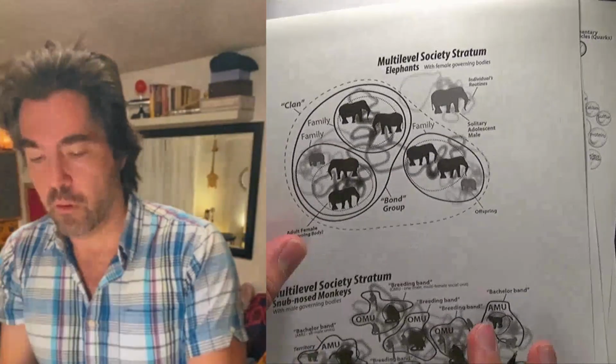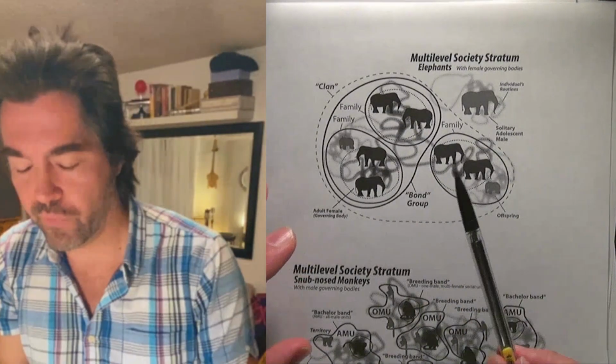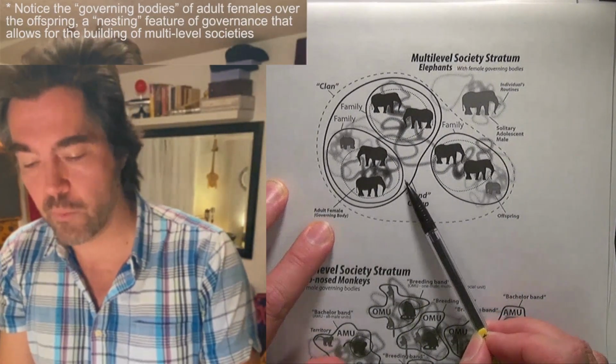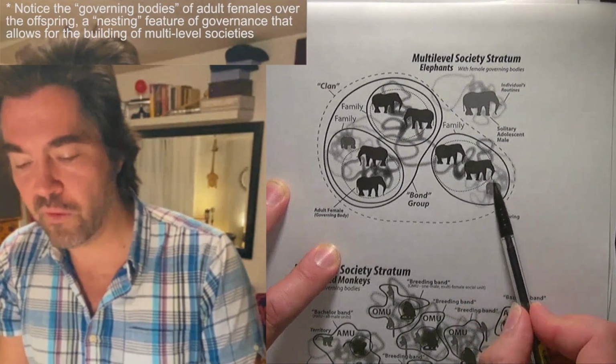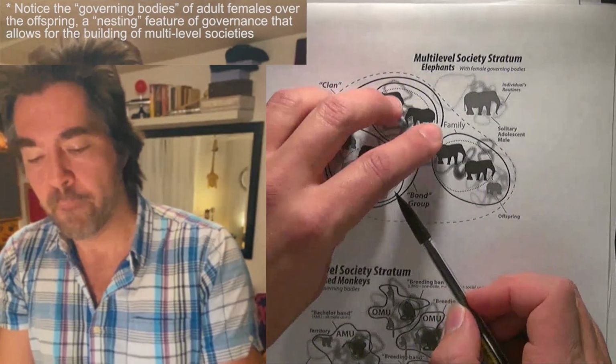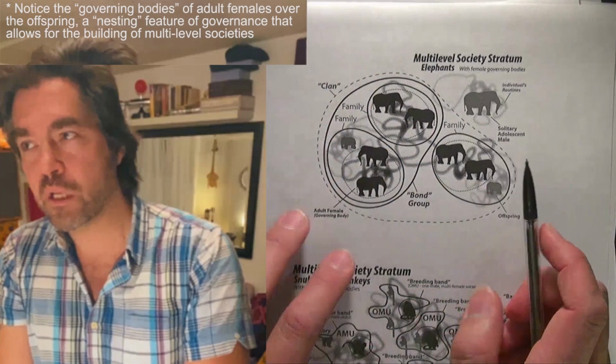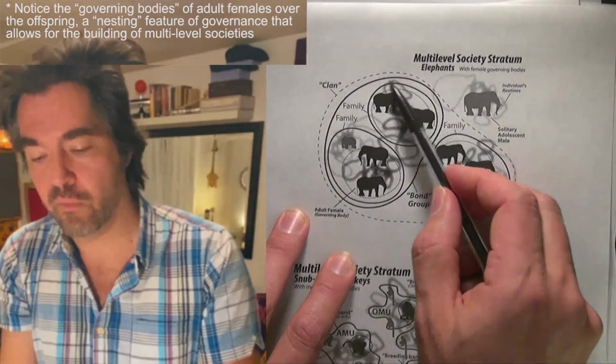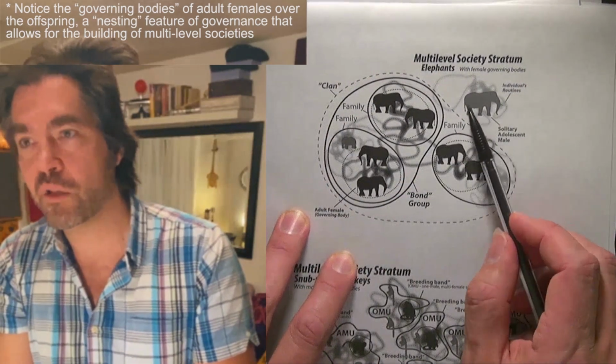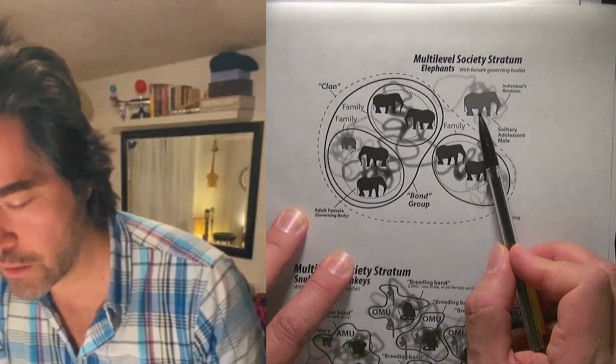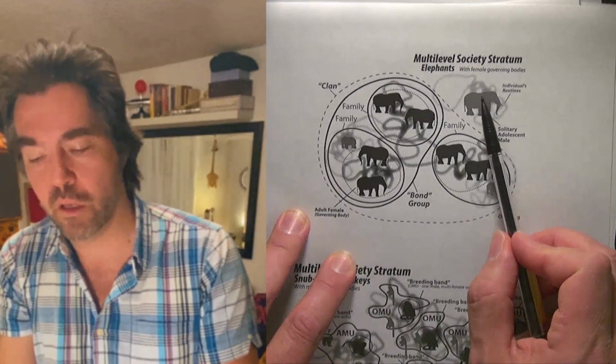Okay. This is a multi-level society of elephants, and these are the different stratums that are in them. So these are going to be different family stratums. So different family units can exist within the clan of the elephant. But of course, there's another stratum of individual lone males that actually are technically not within this society, but come